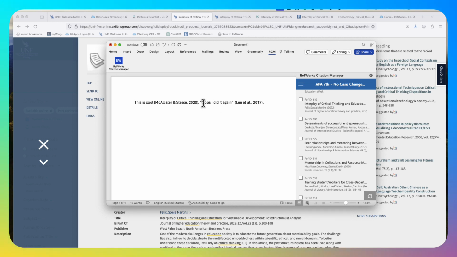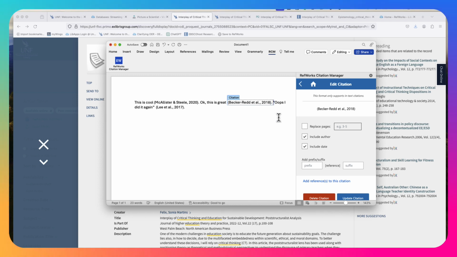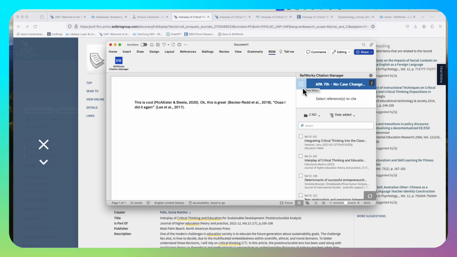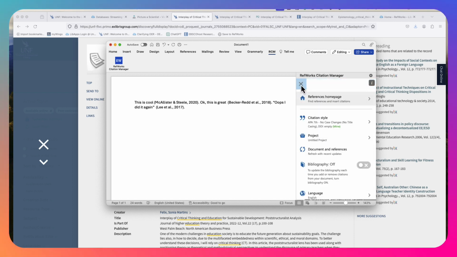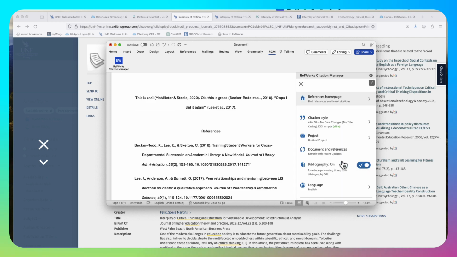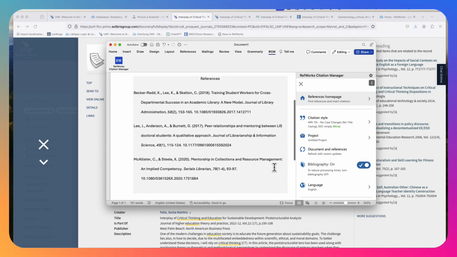And then let's say you forgot to do another article, paraphrase. So, okay, this is great. I'm just going to keep on citing. The great thing about this is you basically don't have to worry because the citations are done for you. The three stripes here, we click on them, you click on Bibliography On, and your citations are right there, done for you.